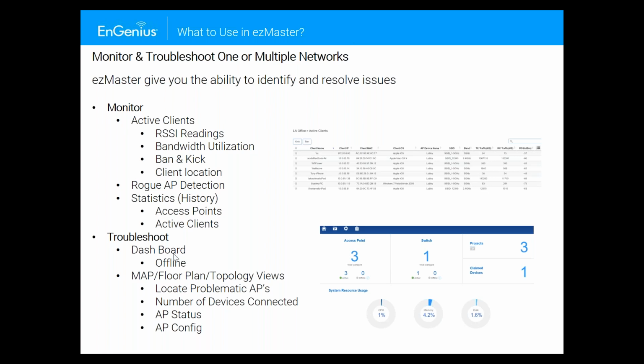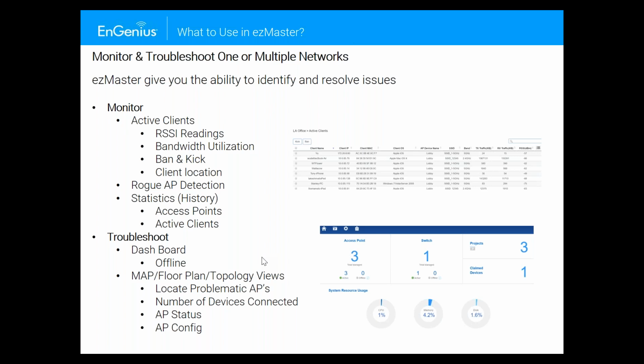You can also troubleshoot. You can use the dashboard, and I'll show you two versions of the dashboard to give you an idea. I'll give you an actual real customer's dashboard, which they have allowed us to use as an example, and you'll see how quickly you can identify different issues or how well things are working.